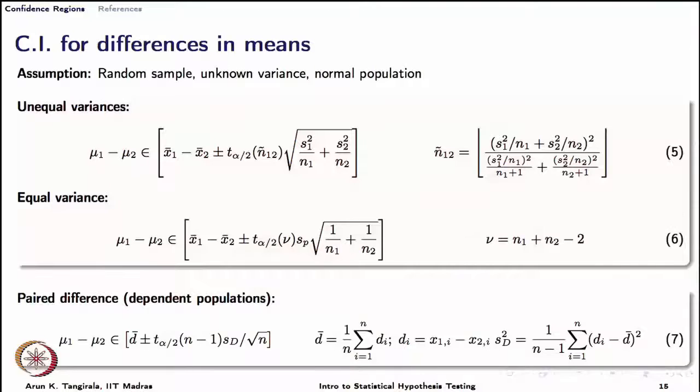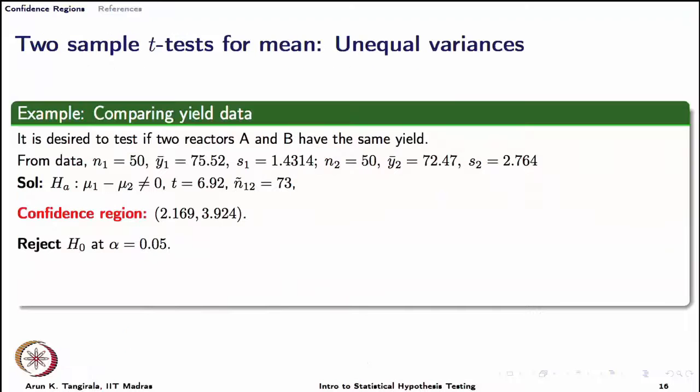All these symbols are things that we have seen before in the sampling distributions and also in hypothesis testing. We will quickly move on to the example for the case of unequal variances, where we were comparing yield data. Remember, I had reported the confidence intervals for you. For the yield data, the null hypothesis was that both reactors give you the same yield, and the alternate hypothesis is no, there is a difference. We do not know which one gives me more yield, but I do not care, I am interested in either.